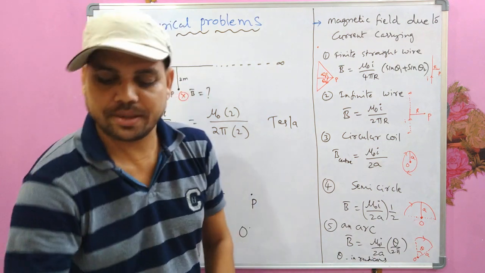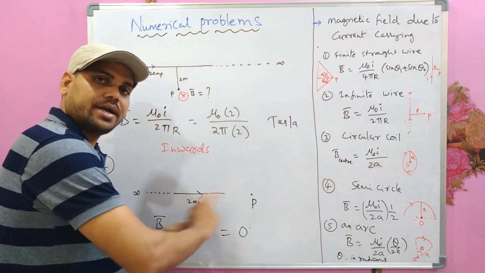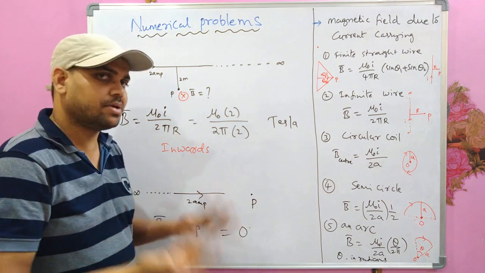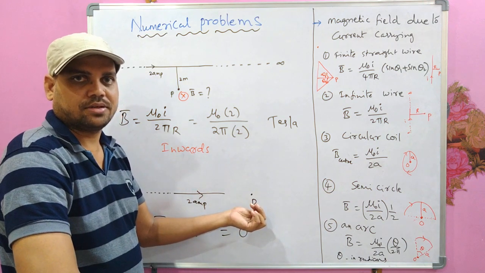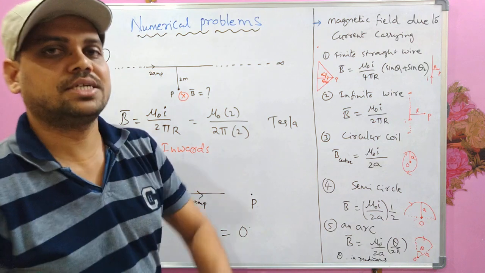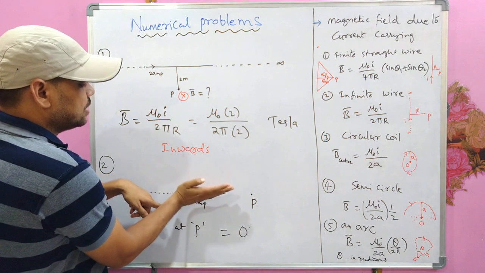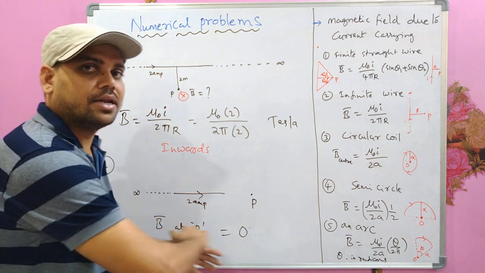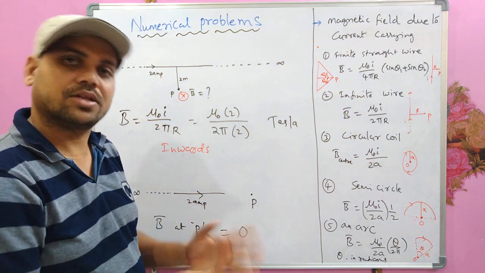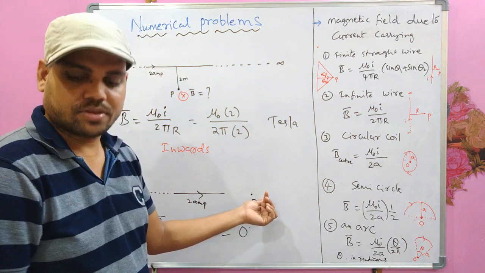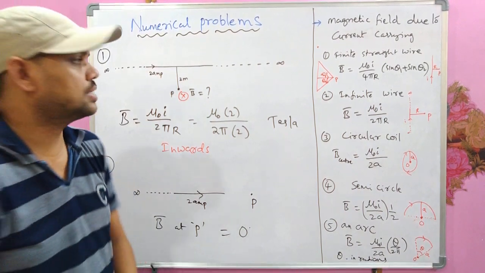Remember, the magnetic field at a point where the point is on the line of the current carrying wire, whether it is finite or infinite or semi-infinite. If P is on the line of it, then the magnetic field vanishes there. The magnetic field can be found only at a certain distance from it, but not on the axis of it. So B is here 0. There is no magnetic field.